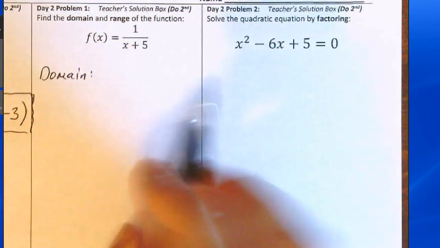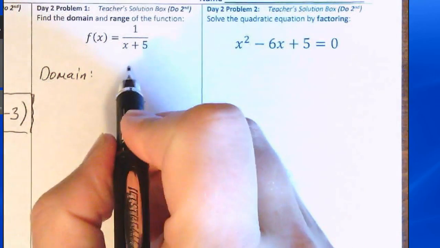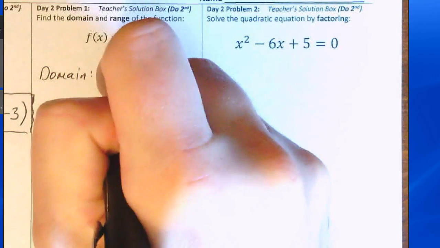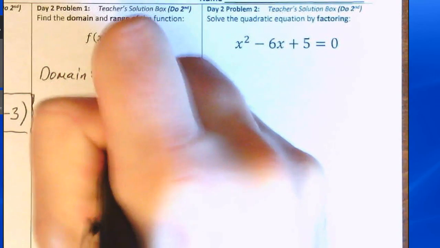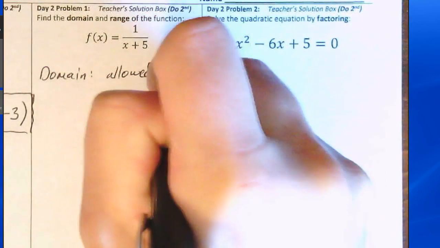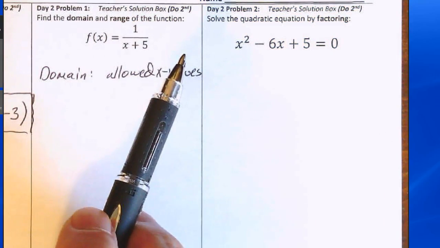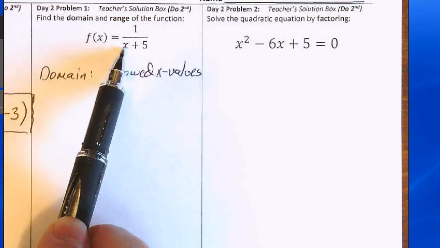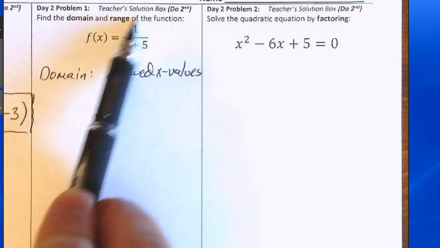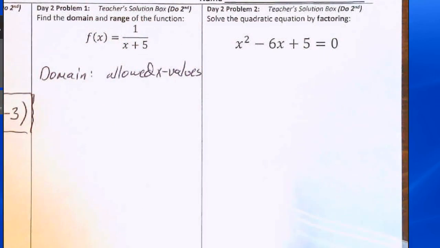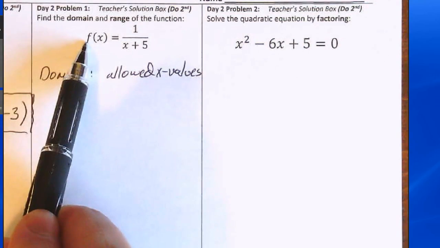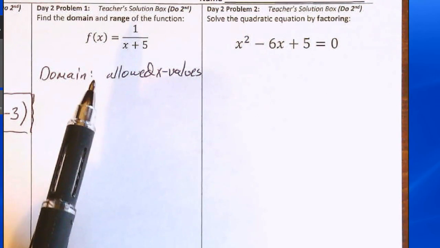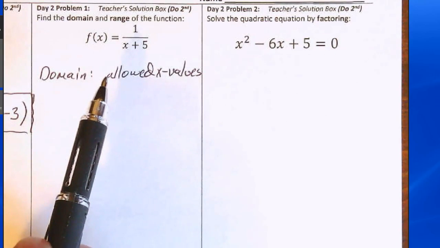What domain refers to is what are the x values that could be inputted into this function. The domain are the allowed x values. Often, it's okay to input any real number for x, and then when working out the function rule, you get some sort of real number answer for f. But sometimes there are restrictions on x, numbers that you're not allowed to put in because that would violate rules